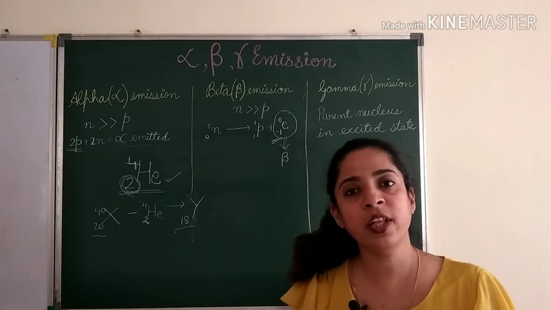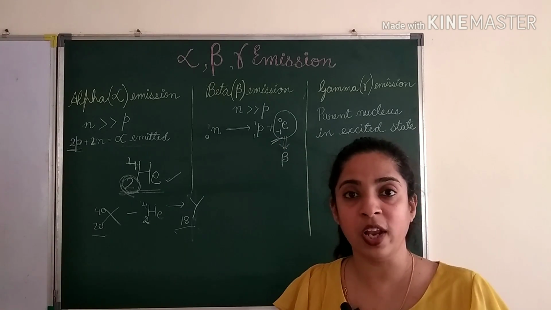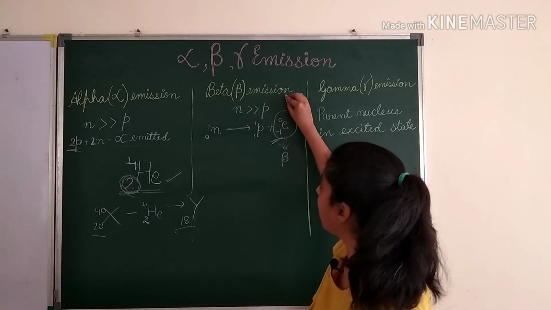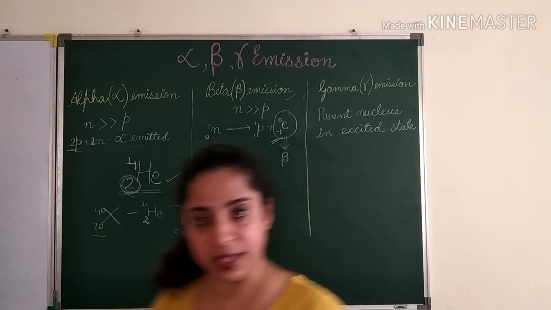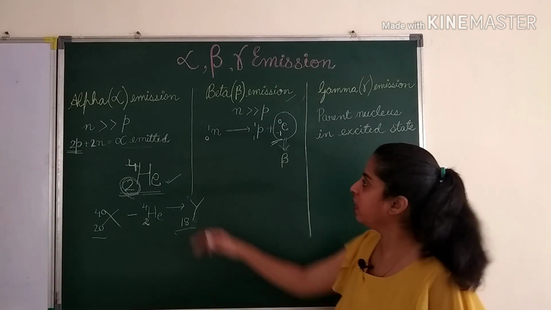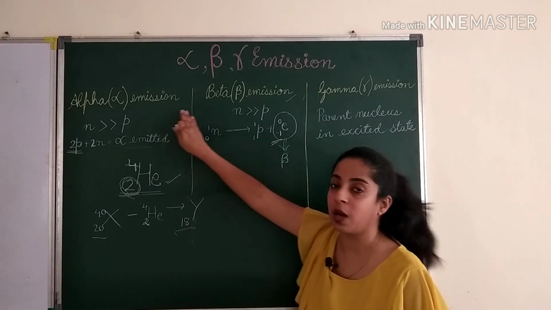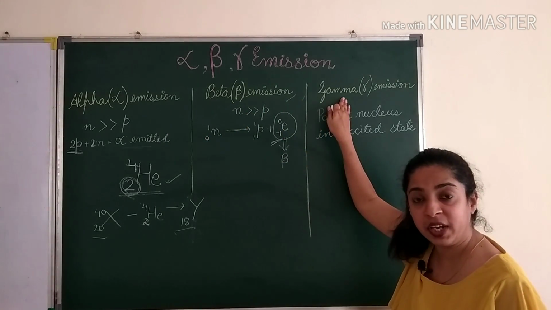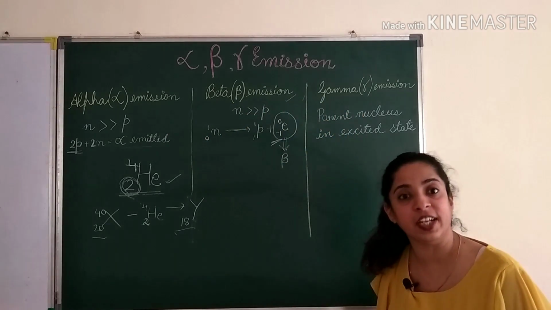Okay. So in all the nuclear reactions, there is no electron involved. Only we'll talk about proton or neutron. So this is how beta particle is emitted. Now let's talk about the gamma emission. Now earlier this was alpha, this was beta. Both of them are particles. But gamma emission, gamma are electromagnetic radiations.